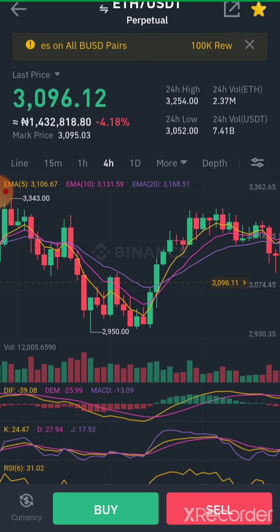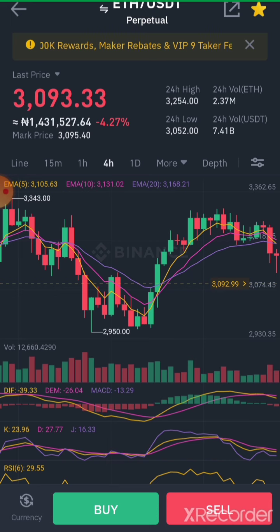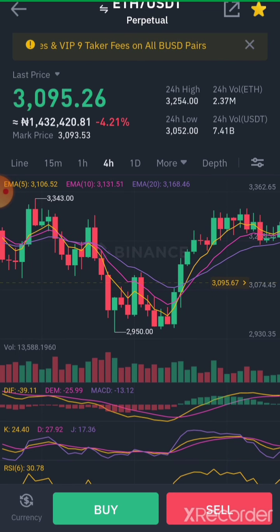So, today I'll be bringing something very, very important to your knowledge. So, stay put as I unveil this knowledge to you. So, now what we'll be talking about today is the EMA, the Exponential Moving Average. I'm sure you guys know what it is, so I wouldn't be going into details explaining what it is to you, but well, we all know that there